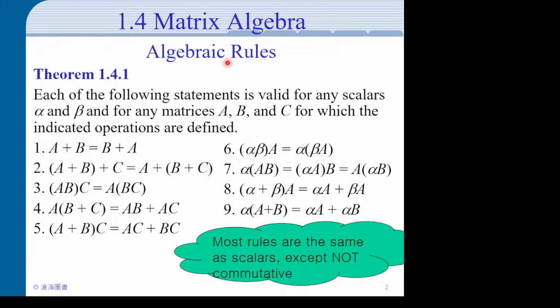So, some matrix algebra. As we said, we talked about matrix addition, matrix multiplication, and multiplication by a scalar. And just like addition and multiplication for scalars, there are quite a few rules for matrices. You can swap the order. I forgot the name. So addition is commutative, so A plus B equals B plus A, and addition is also associative. So A plus B, then plus C, equals A plus parentheses B and C, and multiplication is also associative,